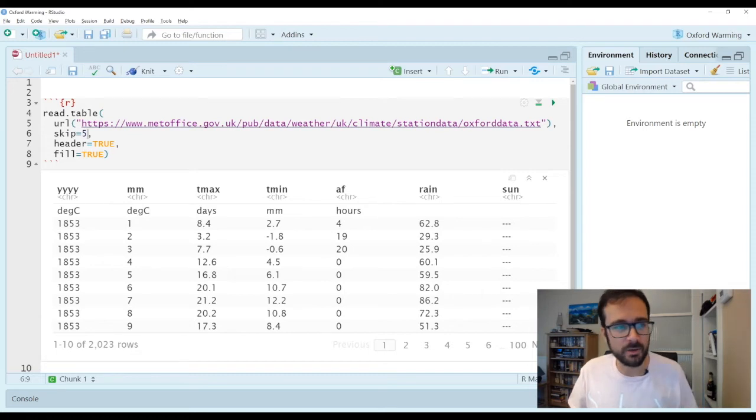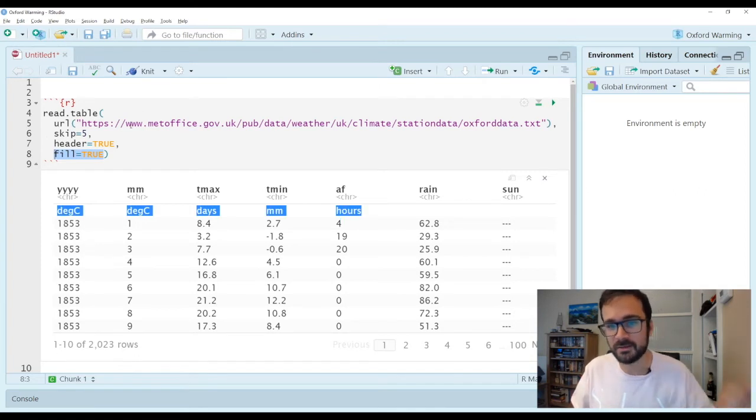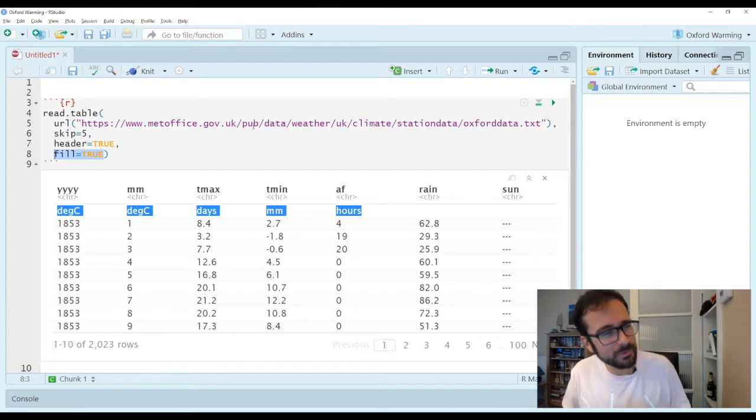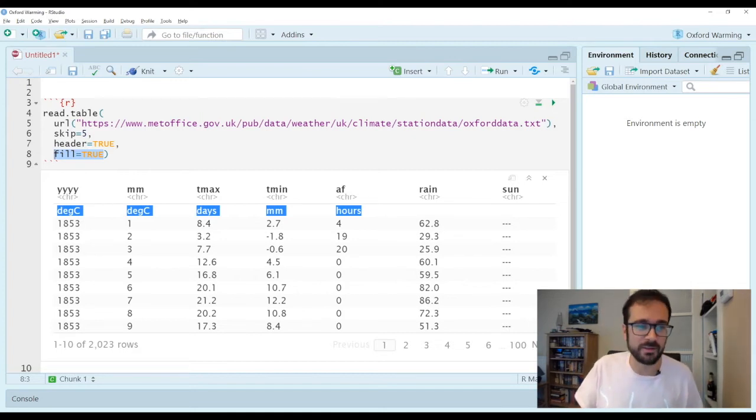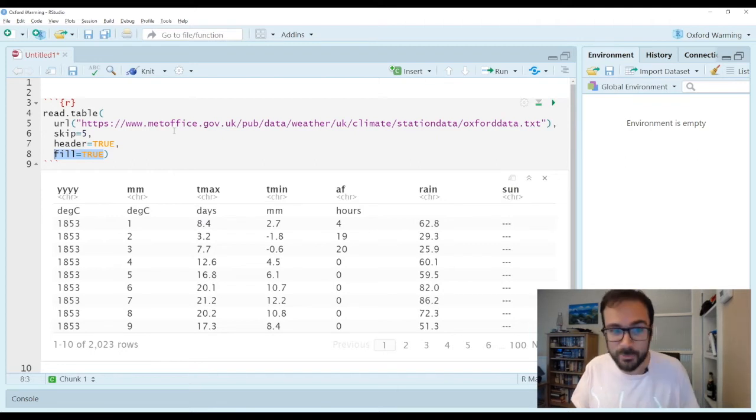So that magic trick of fill here, the problem was because in this second row, you see there's nothing underneath rain and nothing underneath sun. That's not actually true because it's got misaligned here, as you can see, because there was actually nothing under YYYY and nothing under MM. So let's put the fill at the end rather than the beginning. I guess the nice news here for us anyway is I don't really care about this first row of the data anyway, so I'm going to be skipping that in a minute.